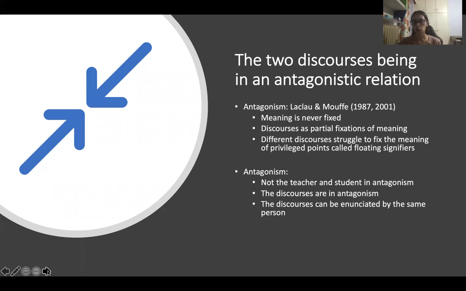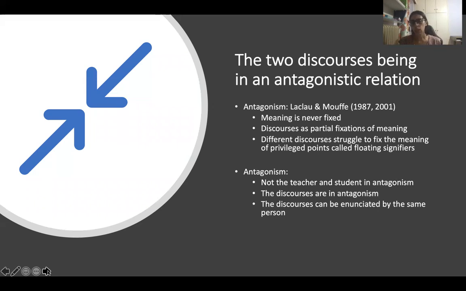So in this conceptualization, what discourses are is partial fixations of meaning, but they're partial. And the main idea here is that different discourses, like the two discourses that we talked about, struggle to fix the meaning of privileged points called floating signifiers. So proof or formal proof could be floating signifiers here. And we notice that